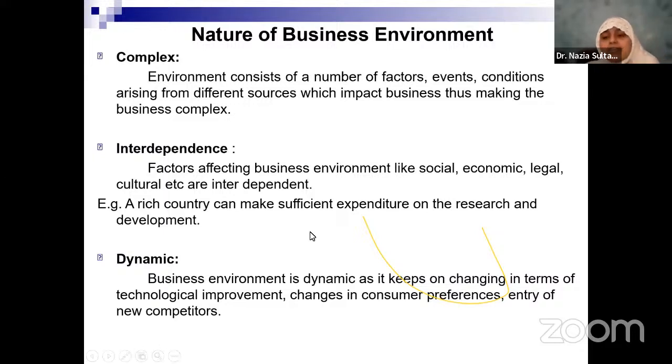So you see, you have things like, for example, currently there's a lot of talk going on about the Digital India program, where the government is thinking about incorporating cyber competition as an act there. So that particular environment is related to the legal system, where you're talking about a law which is being framed. Now, if a law is being framed which is related to cyber competition, and if you are a player, a business in the market which is related to online business, then naturally that particular law will have an impact on your business.